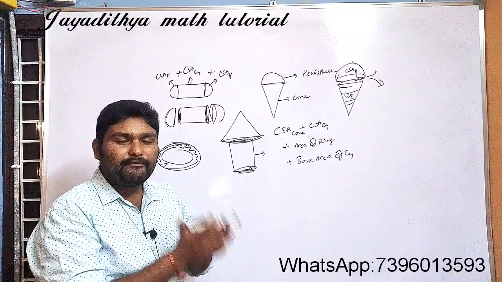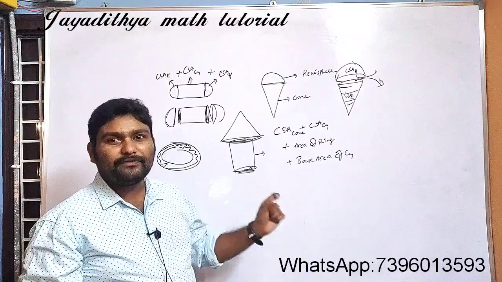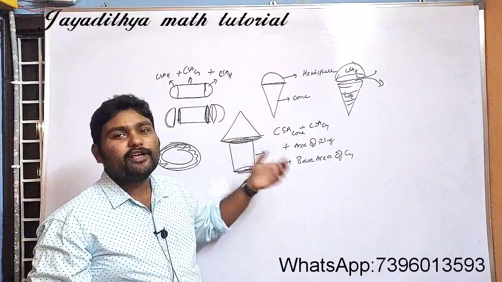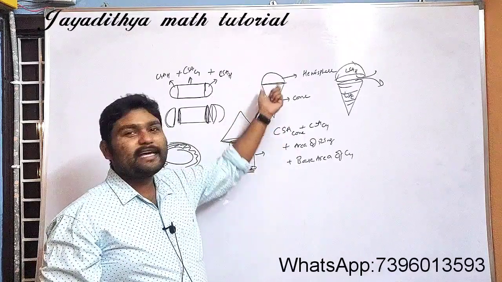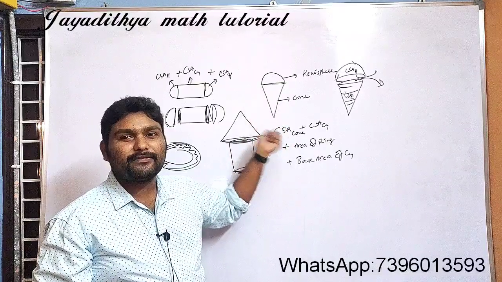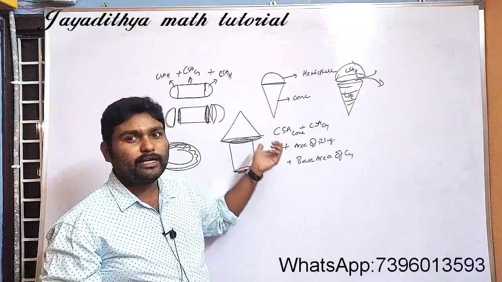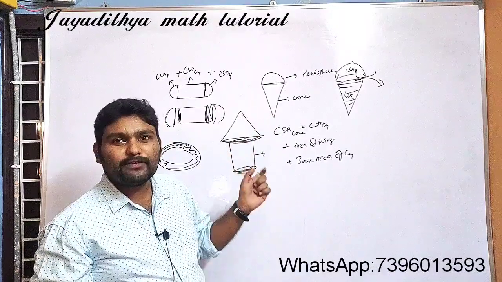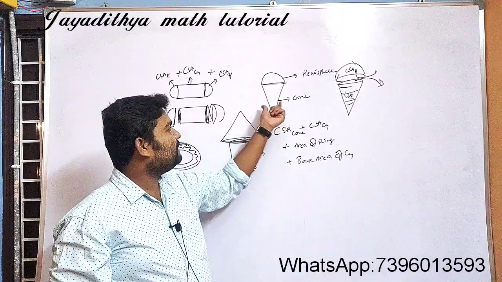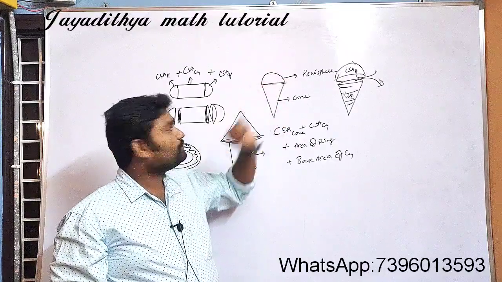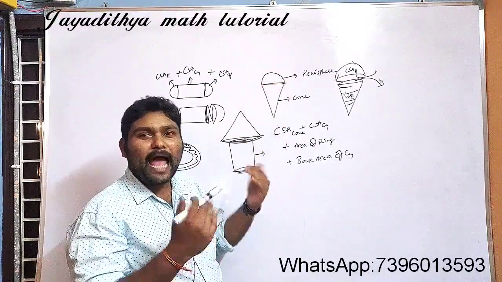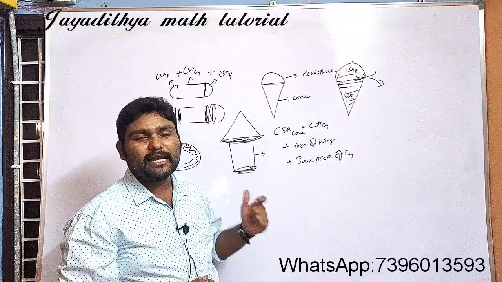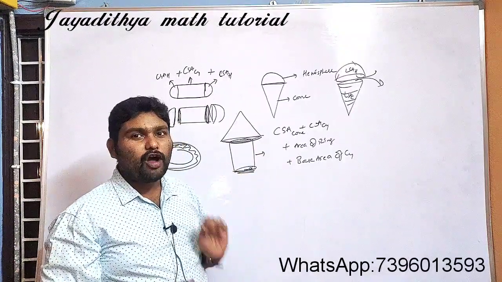In the question, you will be having to find the surface area of the solid. They will be telling the resulting solid. For example, the question will be like this. There is a hemisphere on the cone. Find the surface area of the resulting solid. Most of the students will be thinking that surface area means total surface area. Here we have a cone and here we have a hemisphere. So if we add both the total surface areas, then we'll get the answer. They will be thinking like that, but that is absolutely wrong here.